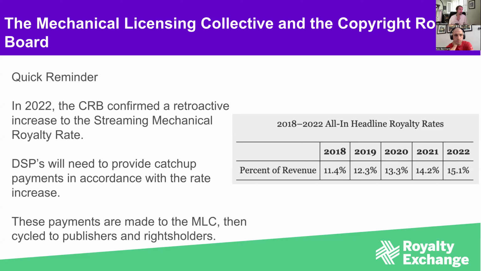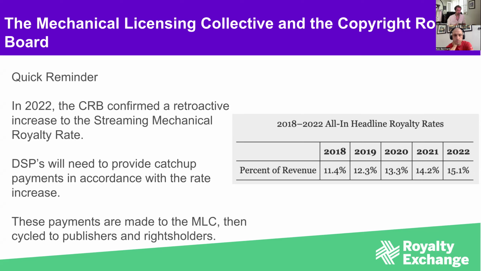The mechanical royalty was originally created for vinyl, cassette tapes, CDs, keeping up with that kind of technology as a royalty as a result of those sales. Now it's largely in relation to streaming. So this is the increase of those rates. So basically, the CRB said streaming services, DSPs, you need to pay out a higher percentage of your overall revenue in royalties to artists to keep up with the times effectively.